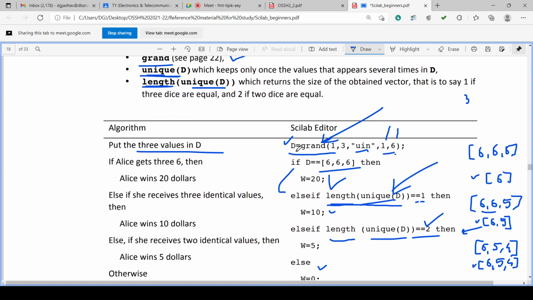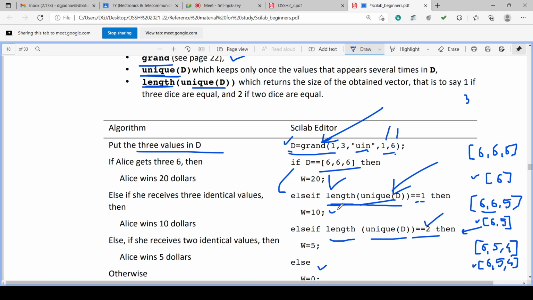So the program will be: first generate D with these 3 numbers. Okay, any 3 numbers between 1 and 6. If D equals, it tests whether D is having 6, 6, 6, then W equals 20.